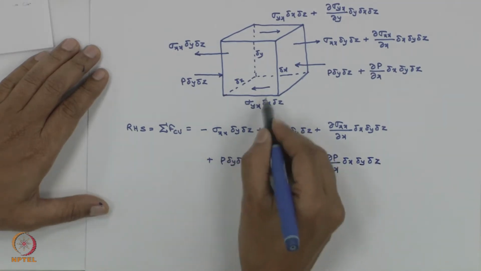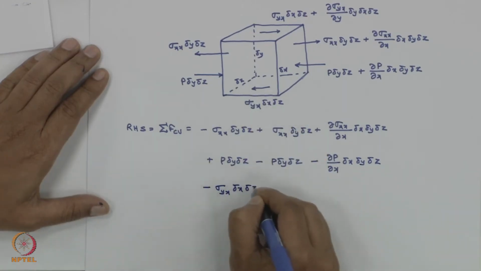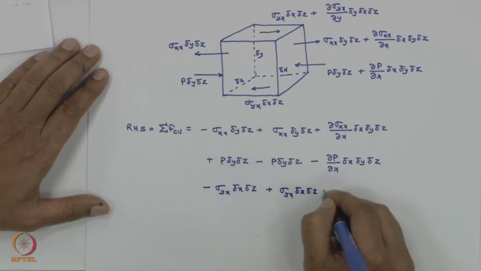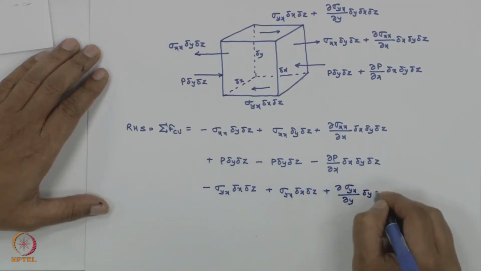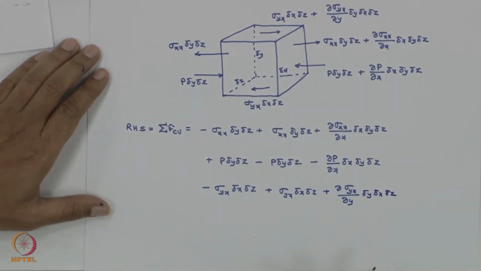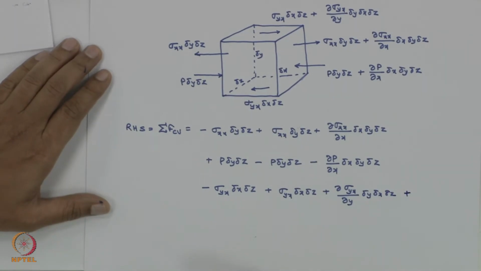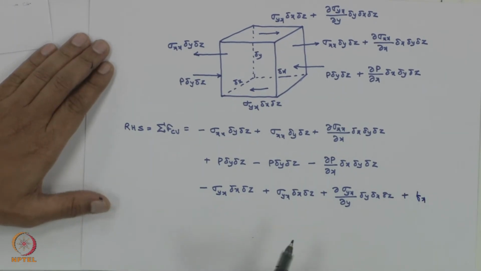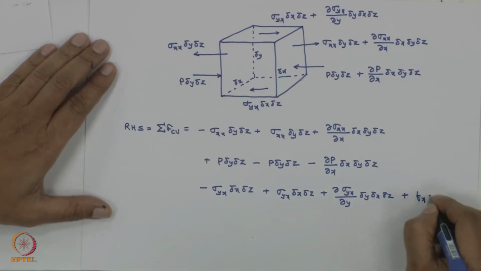Now what about the shear stress? This is from right to left, so this is going to be negative, minus sigma yx delta x delta z plus sigma yx delta x delta z plus del sigma yx upon del y delta y delta x delta z. Okay, so plus body force Fx. I am taking Fx as the body force. This body force is per unit volume. Okay, so that is delta x